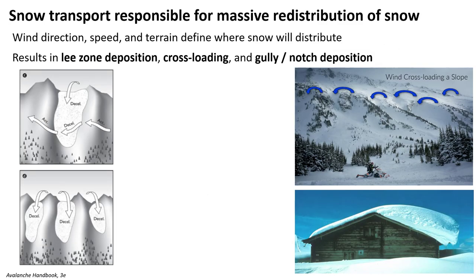So the actual transport of snow is complicated, as I'd mentioned, and wind direction, the speed, the terrain, they all contribute to defining where the snow is going to distribute. And typically what we see are lee zone deposition, so that's deposition on the leeward side of ridges. We get cross-loading, and so these come from your Avalanche Handbook, the 3rd edition. So what you're seeing here is wind coming from the prevailing side, so that's winds out of the west coming over the ridge, decelerating and depositing in this gully here,